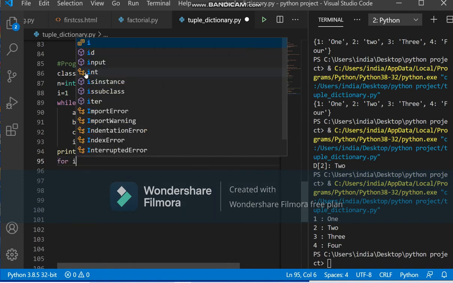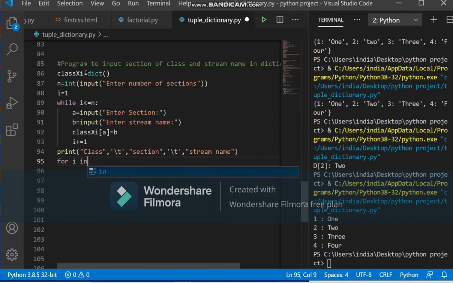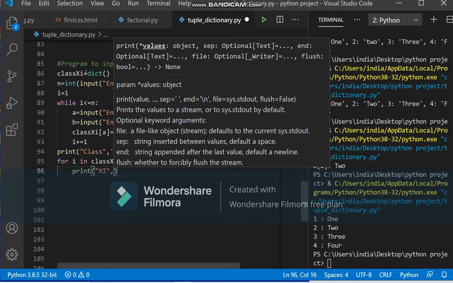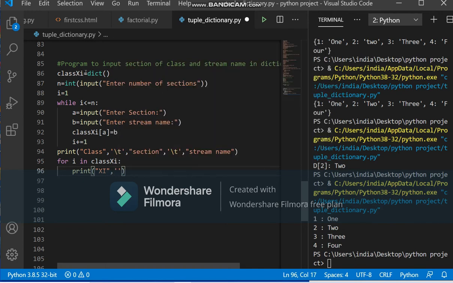This is traversing a dictionary, meaning accessing each element of the dictionary using a for loop. For I in class 11th means directly we are putting control on the dictionary. Print class, here we are storing all the information for class 11th only.